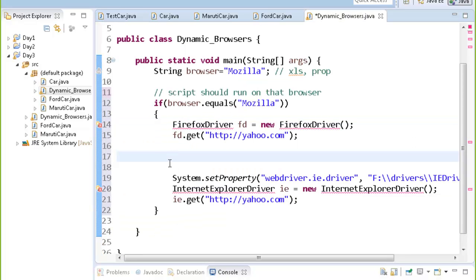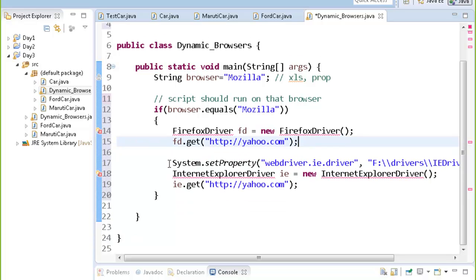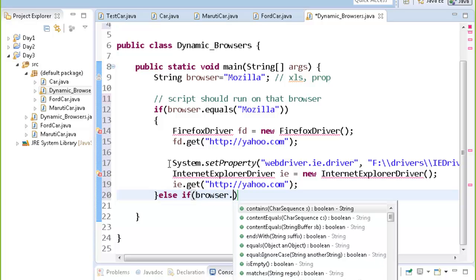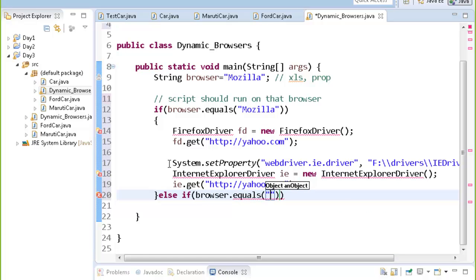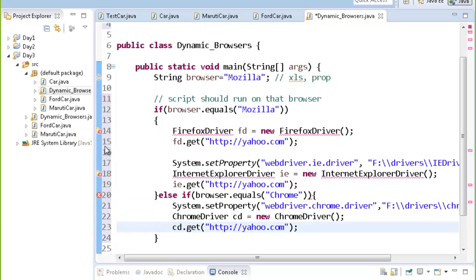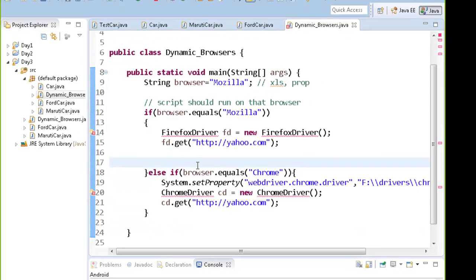Else if browser is equal to Chrome, you can write the code to run it on Chrome.